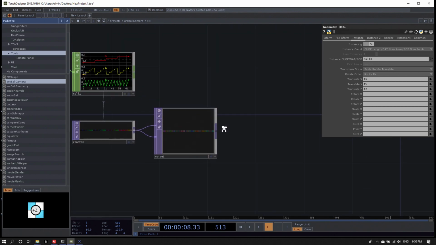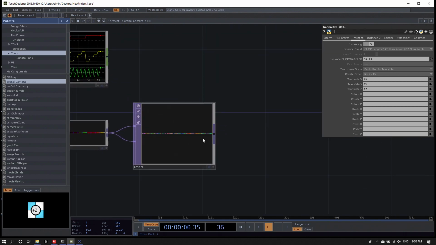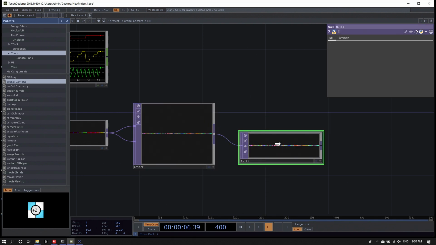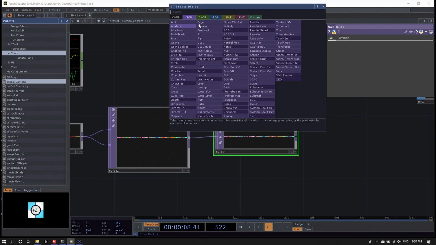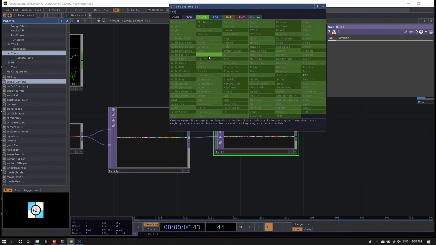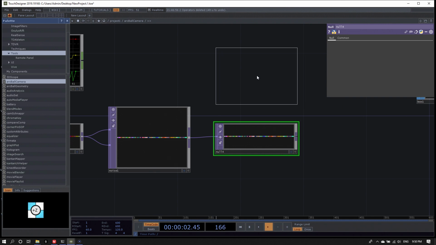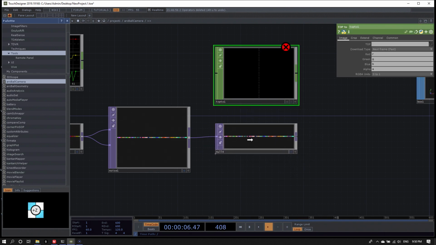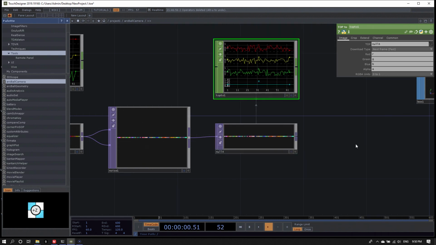Now let's convert our noise top into a chop again. Put a null there. Create a top2 chop. Reference the null top that comes from the noise as the top in the top2 chop parameter.